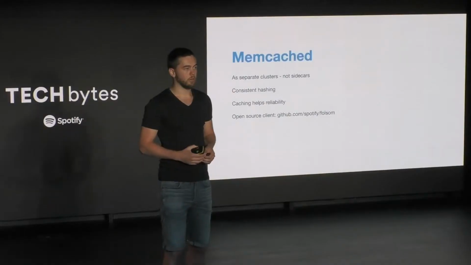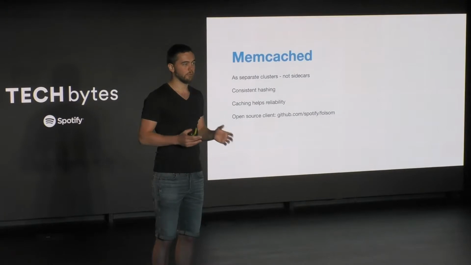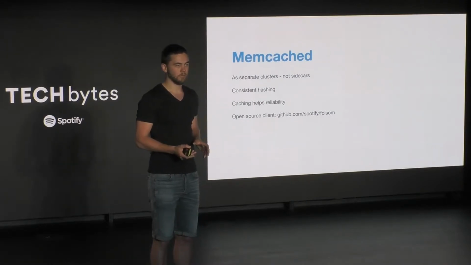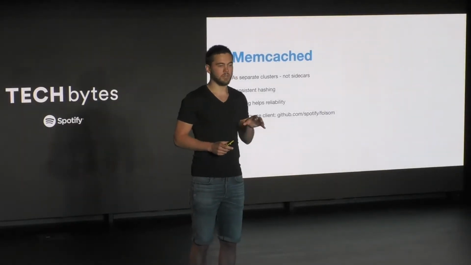The first thing is regarding our memcached setup. We've seen two main strategies at Spotify for deploying memcached. One is deploying memcached on every machine that also runs your application. And this might be known as a sidecar model if you use Docker. And the other would be having a completely separate memcached cluster, where you might even use different physical nodes for storing your memcached and your application cluster. And for this case, we preferred having completely separate clusters,